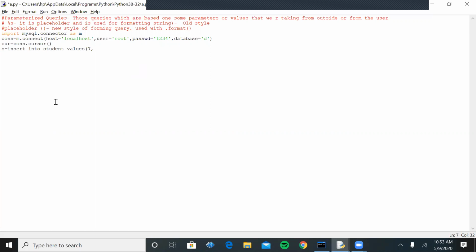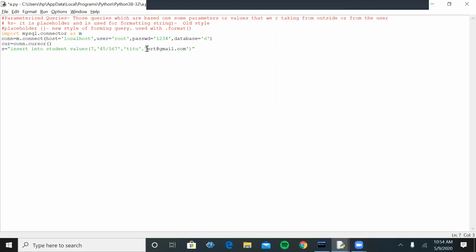I have to specify the values in single quotes because I am enclosing the entire SQL statement in double quotes.